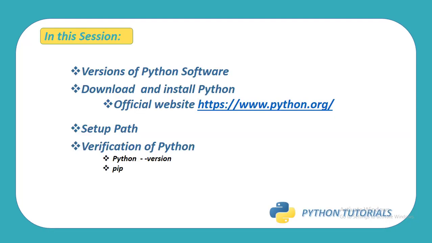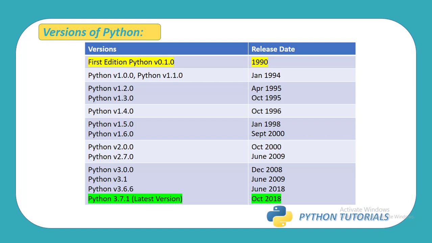In the previous session, we learned about the introduction of Python. In this session, we will learn what the different versions of Python are and how to download and install Python from the official website, www.python.org. We will also learn how to set up the path for Python. And finally, after completing the installation, we will learn how to verify that Python has been successfully installed in our local system. First of all, we'll learn what the different versions of Python are that have been released